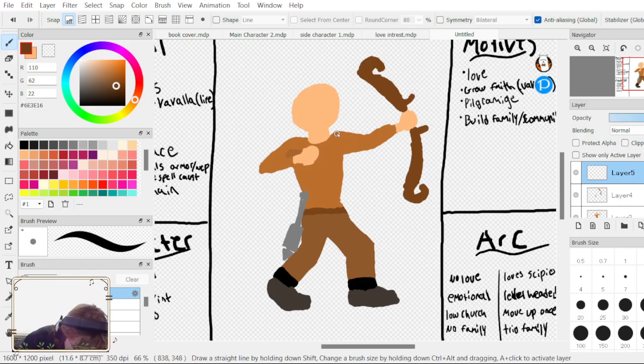Leather armor kind of stops there. More of a vest than...